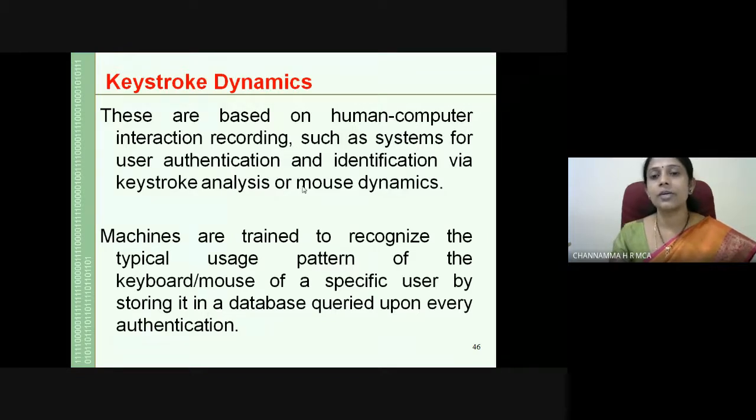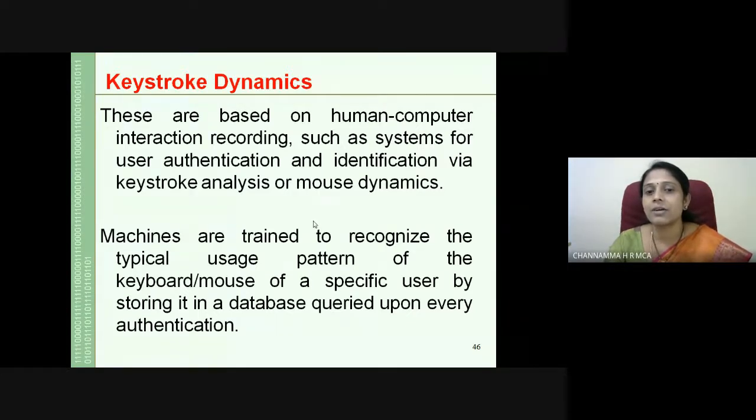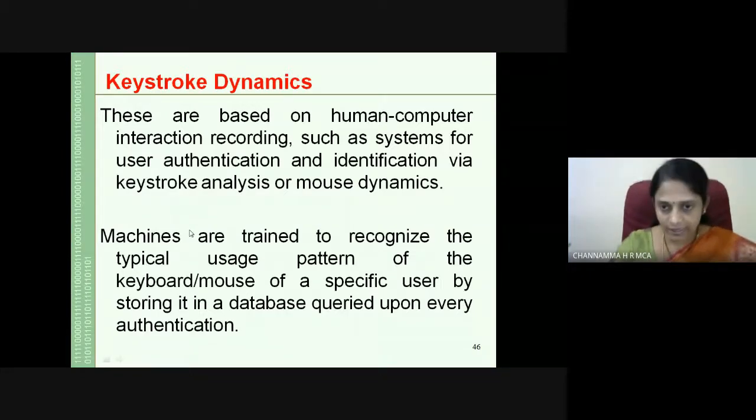And keystroke biometrics is used to identify a person along with another biometric. It stores the patterns of how a person types, what pressure he puts on the keys, at what angle he presses the key, and how much time he takes between pressing each key. This information helps to identify a person.